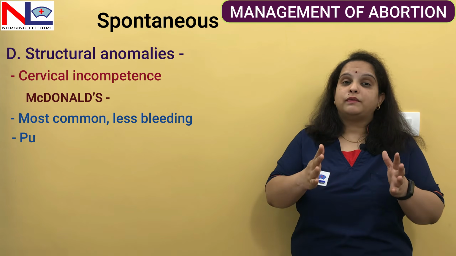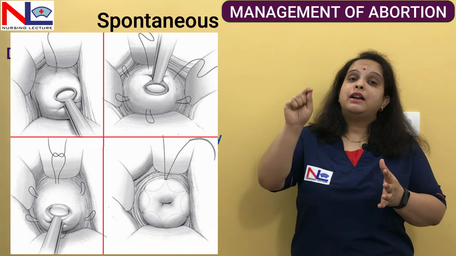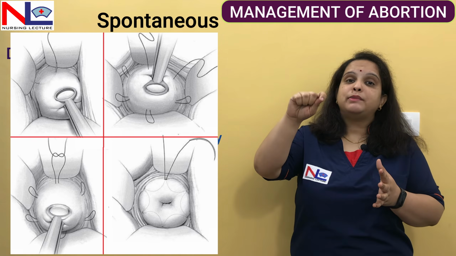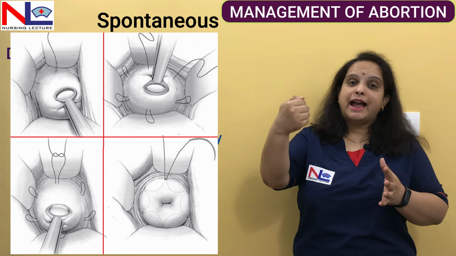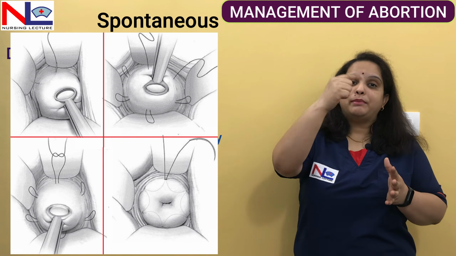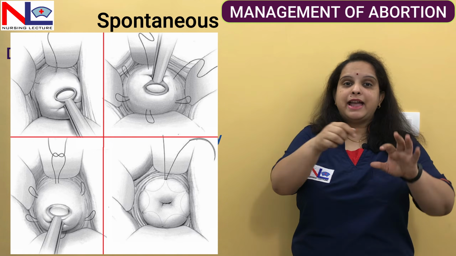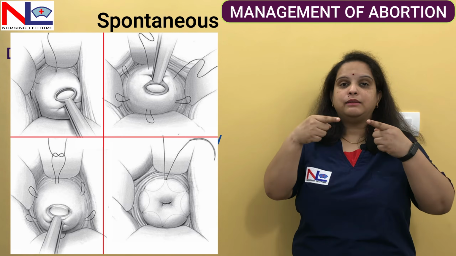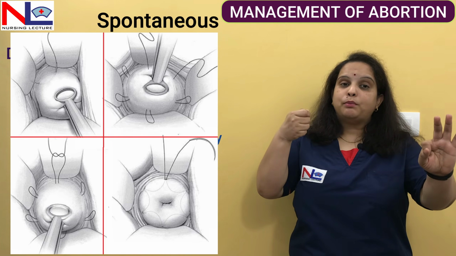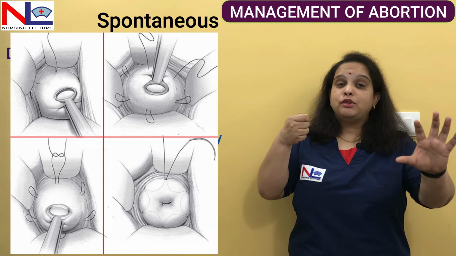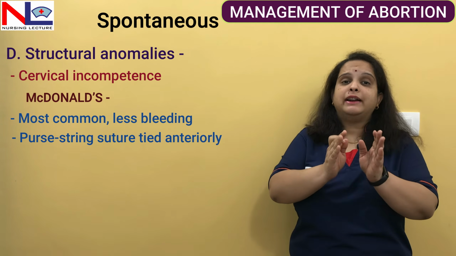In this procedure, we take non-absorbable suture material and from the anterior wall we take deep bites, approximately 4 to 5, covering the lateral and posterior aspects, and then come anteriorly. These 4 to 5 bites, that is in and out suturing, are to be done in a purse-string manner. Once both ends of the suture come in front anteriorly, we snugly hold both ends, reducing the diameter of the cervical canal, and finally tie it up on the anterior aspect.